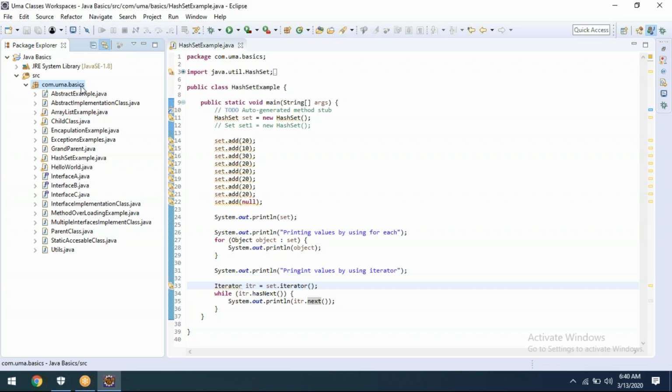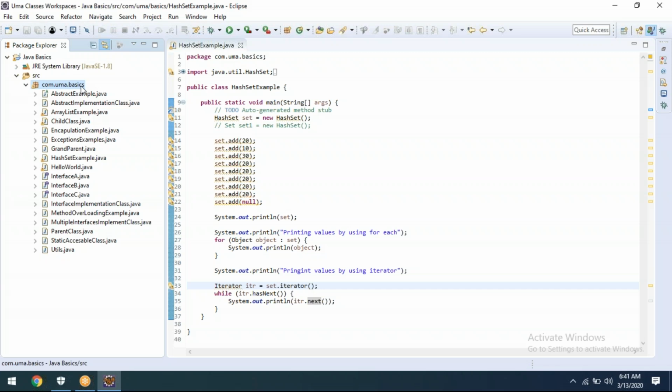But if you go for another set, that is nothing but tree set. This is called the balanced tree. While developing the data structure, it uses balanced trees. Whenever you are giving any object, automatically it will sort everything and store in a sorted mode.